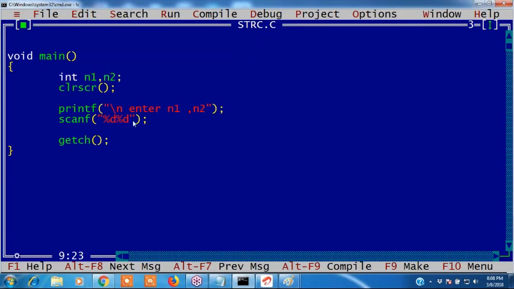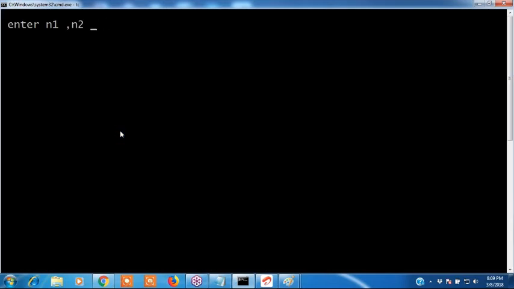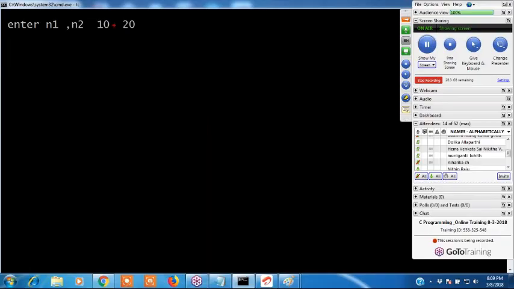See, I did not give a variables. We are reading the values. Where these values will be stored? If I give address of, first we are reading where these values will be stored. See guys, first we are reading n1 is 10, n2 is 20. First buffer memory will be allocated for this. For inputs to read, buffer memory will be allocated. This is called buffer. Input buffer memory. Buffer memory will be allocated first.